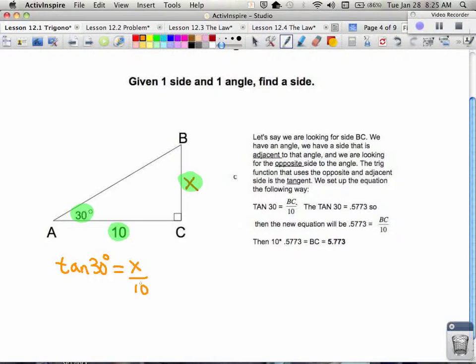Now in trigonometry, the first thing that you have to make sure of is that you're in the correct mode. In our class, you want to make sure that your mode is in degrees, because our angles are going to be given in degrees. So go into your mode button, change to degrees if you're not already there, and make sure that you're in degrees. Now when you type the tangent of 30 into your calculator, what you find out is that the tangent of 30 is